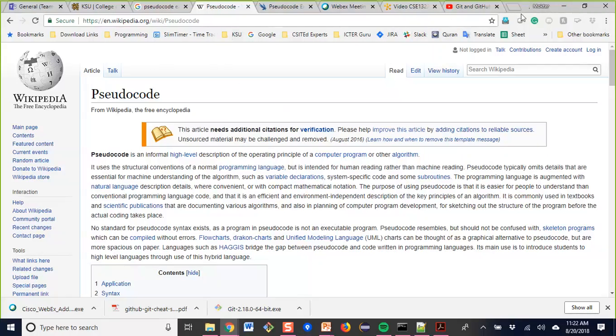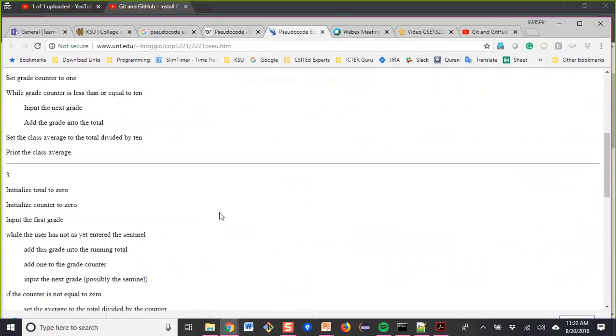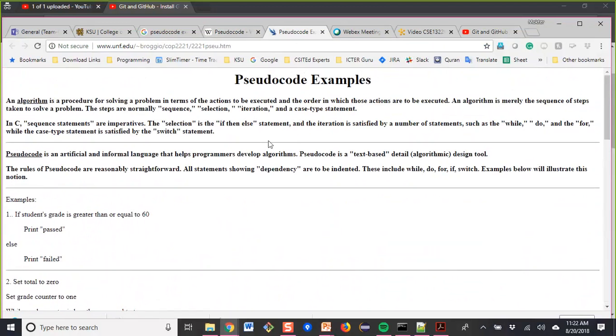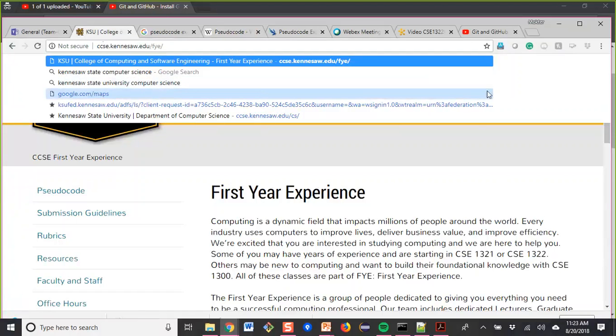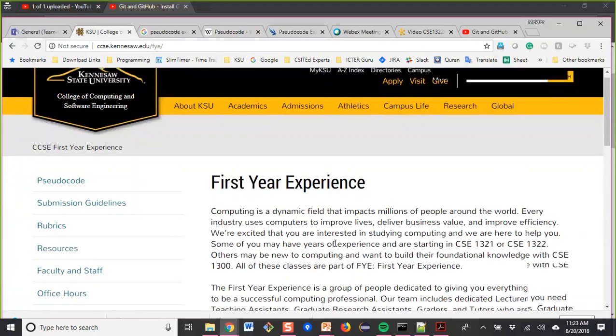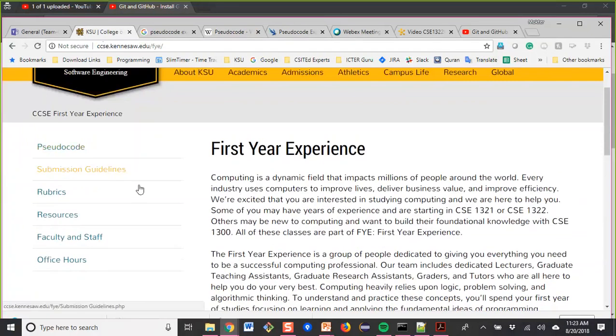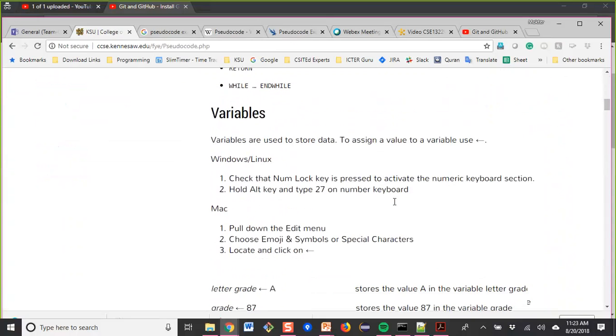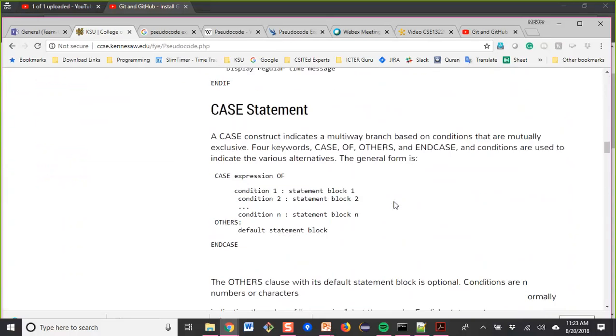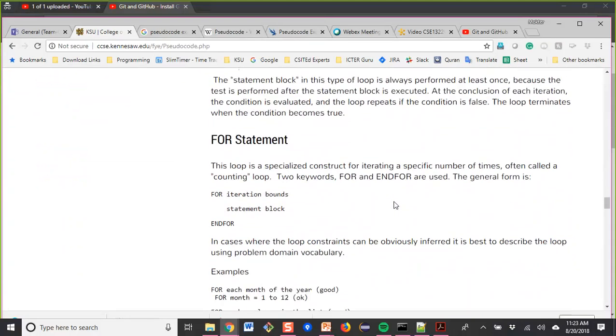But the good thing is that if you go to the College of Computing and Software Engineering at Kennesaw State University, then go to the First Year Experience, FYE, page, you will see on the left top panel a link about pseudocode. It has a good description.